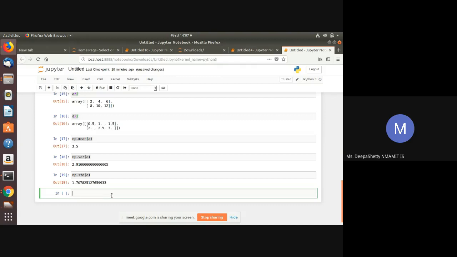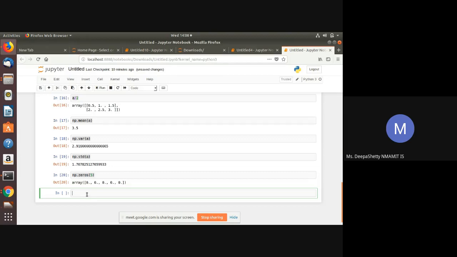We can also create a matrix with all 0 elements using the command np.zeros followed by the size of the matrix. So this will create a matrix with all the elements 0 and the size is 5, that is 5 elements in the array whose values are 0. You can also create a matrix whose elements are 1 using the command np.ones followed by the size of the matrix.